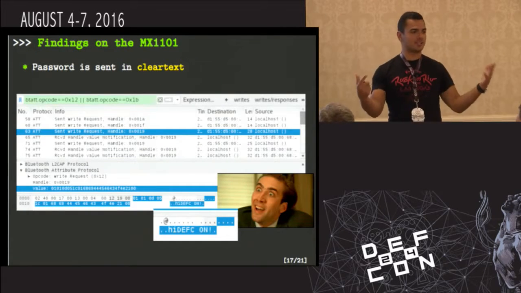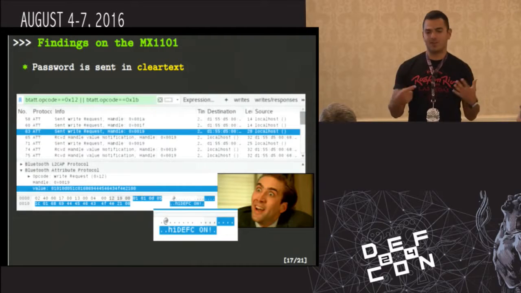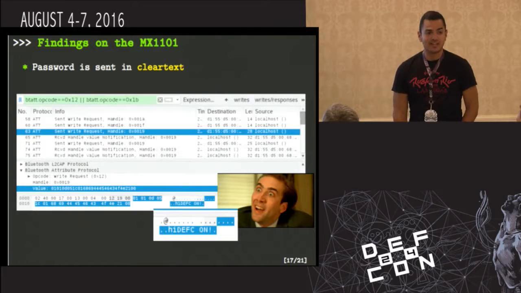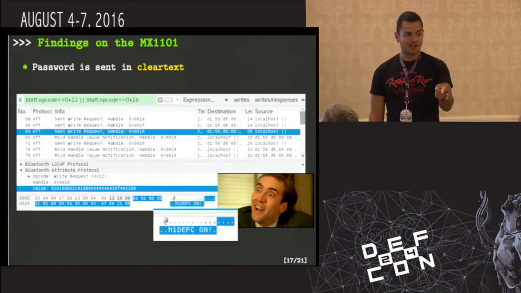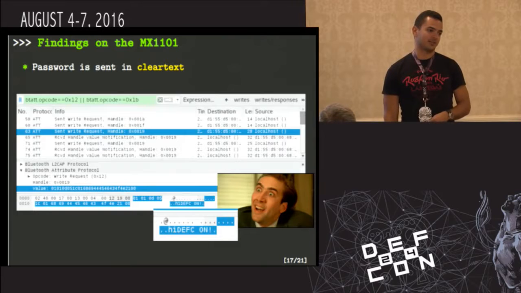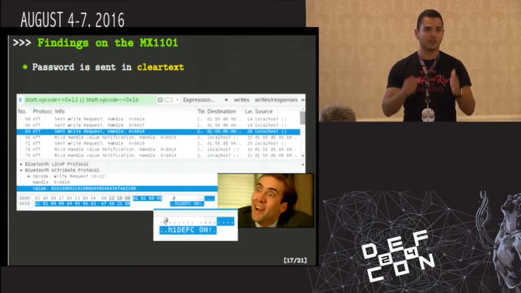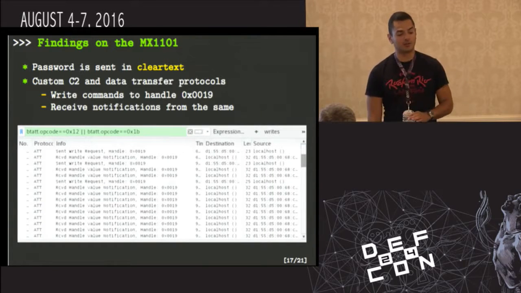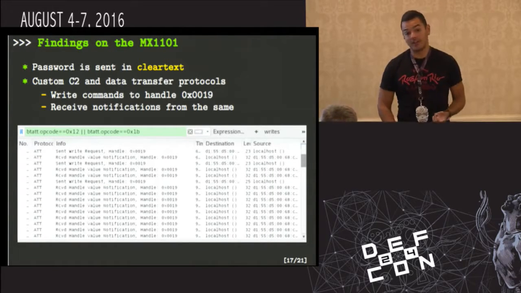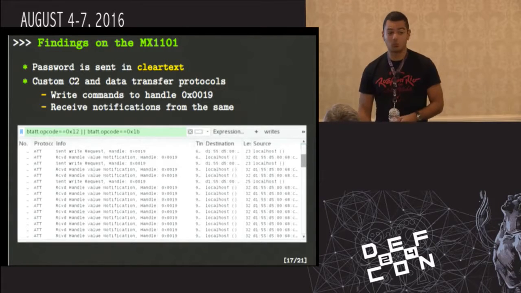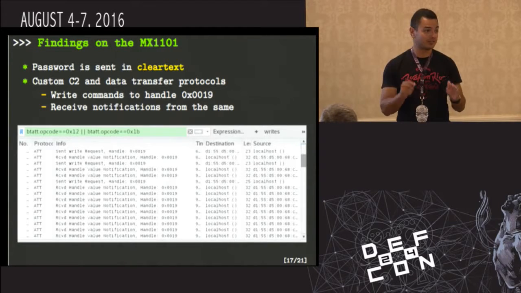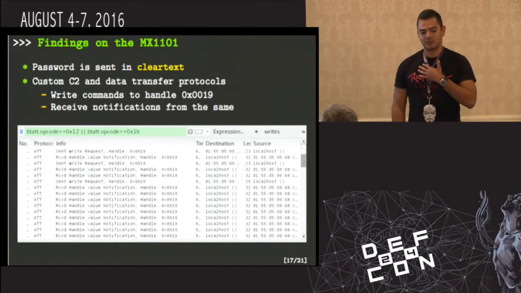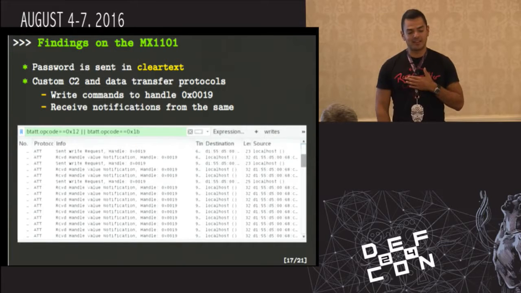So let's talk about the MX1101, our target and Nick's favorite item here. The password that I talked about that protects your device is sent from the app to the device in clear text to that command control handle. Literally just sit here with an Ubertooth and you will know my password, which is ridiculous because that command control handle does everything from configuring the device, setting alarms, pulling data off, whatever. And you can do all of it if you've authenticated with the device using the password that you just sniffed. Now, the most interesting thing for me is the fact that they allow,